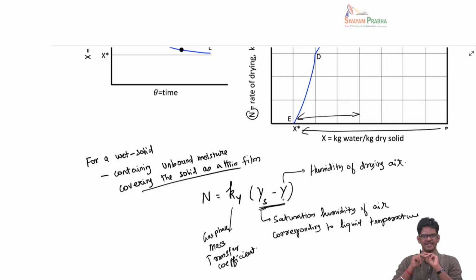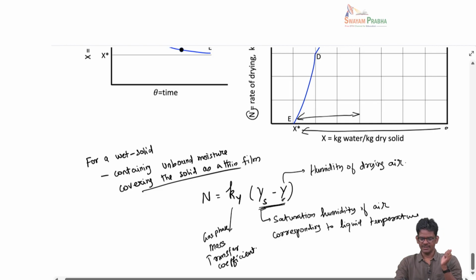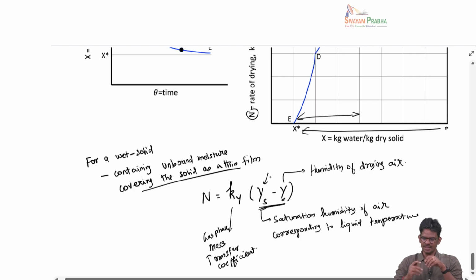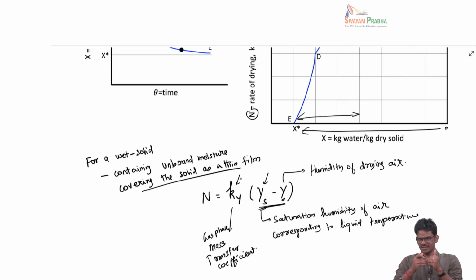Now if you consider this expression, again we are talking about a solid having a thin film of water covering it, and this humidity is constant because we say constant drying condition. The air is coming over with the same humidity over and over, okay. So humidity is constant, its inlet temperature is constant, and the surface temperature of the liquid is also constant, meaning Ys is also constant and Ky is also constant. So this all will tell you that there is a particular scenario where the mass transfer flux will be constant,